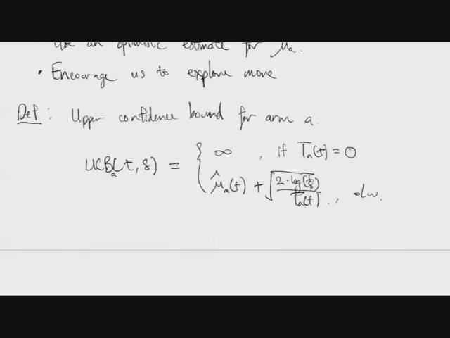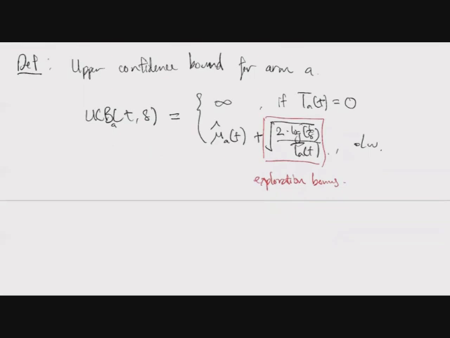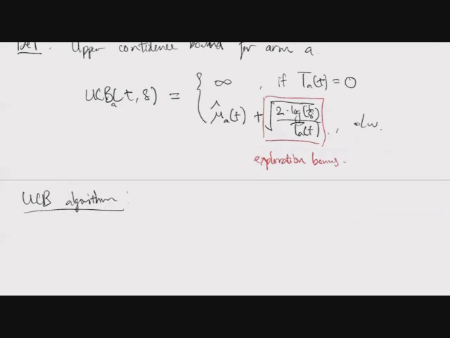Okay, and so this bonus here is called the exploration bonus. All right, so this is the sense in which we are trying to be optimistic. And now the UCB algorithm is defined as follows. Okay, so in round T,